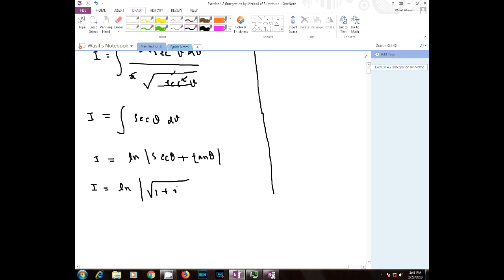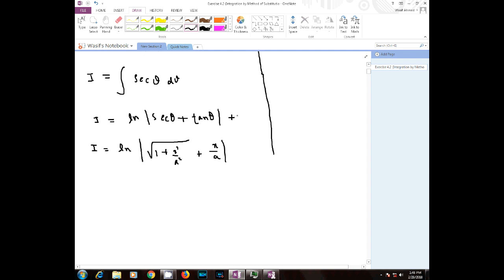So you have square root of x square divided by a square plus 1, plus tan theta, that is equal to x divided by a, plus a constant of integration,